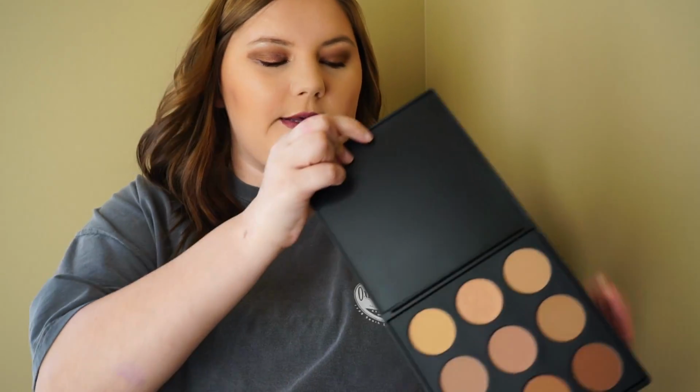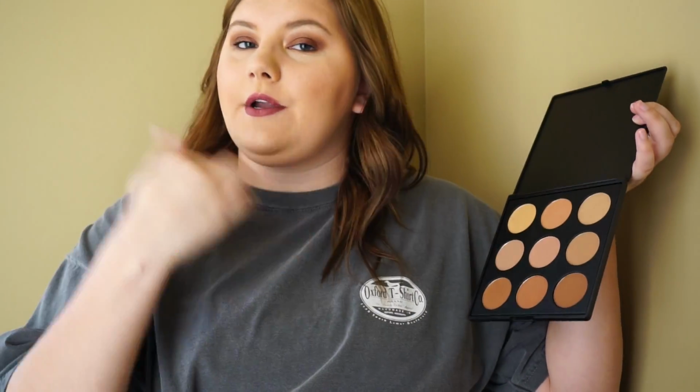Okay, first off, I'm going to start out with my blush, bronzer, and highlighter palettes. Alright, this is the 9BZ. This is their bronzer palette. This color right here is what I use to carve out my cheeks and everything. This is a great universal